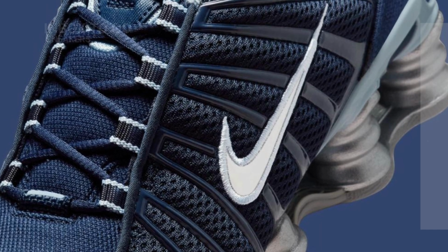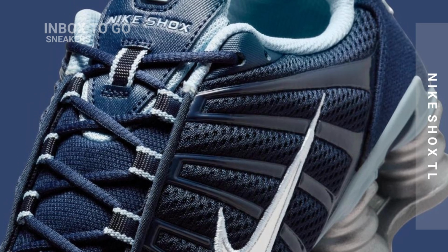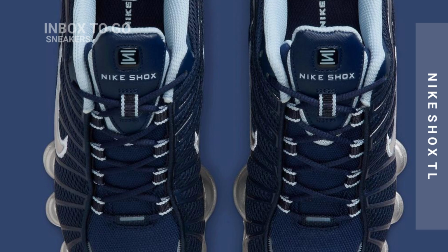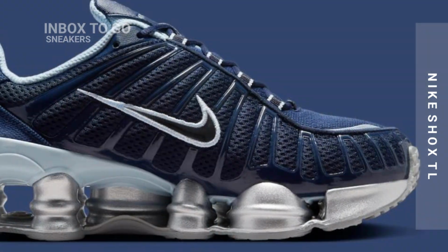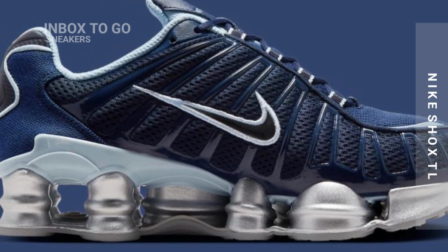A constant flow of new colorways featuring the DL and R4 shapes has made Nike's Shox comeback anything but modest. With the upcoming Nike Shox TL Obsidian for fall 2025, the tech-forward silhouette will now have a covert new appearance. The pair comes with a deep navy mesh top that has tongues and tonal cage overlays for a smooth,